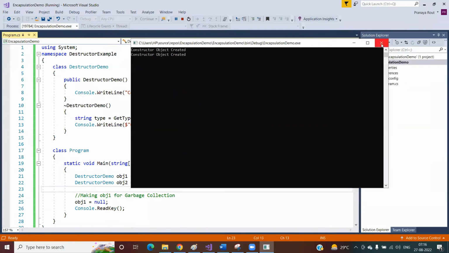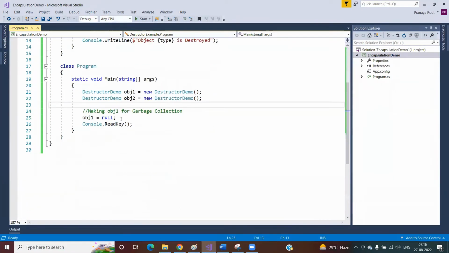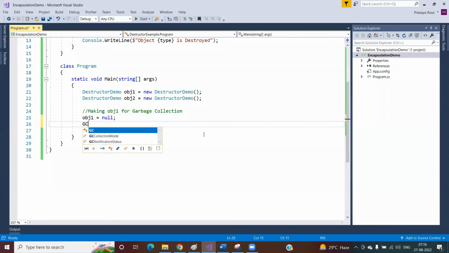Now, if you want, at most you can make a request to the garbage collector. Hey, Mr. Garbage Collector, please destroy the unused object. So in this case, gc.collect, right? If you want to make a request to the garbage collector, then you can make a request by using this statement, making a request to the garbage collector to destroy